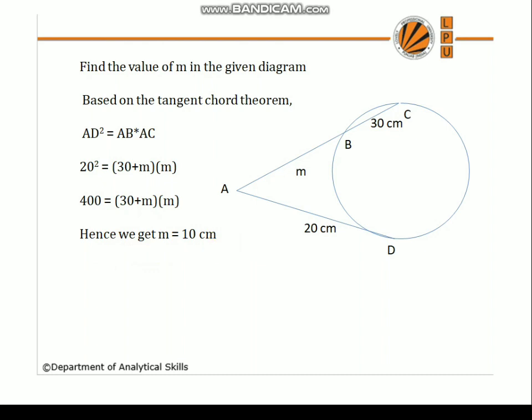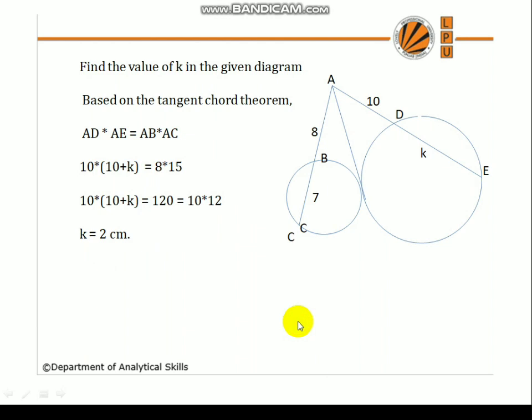Which are similar and easy also. We will see further more problems. Now there are two circles and two chords are extended to a point A, and one more common line to both the circles drawn as a tangent. Now how do we deduce the value of K?